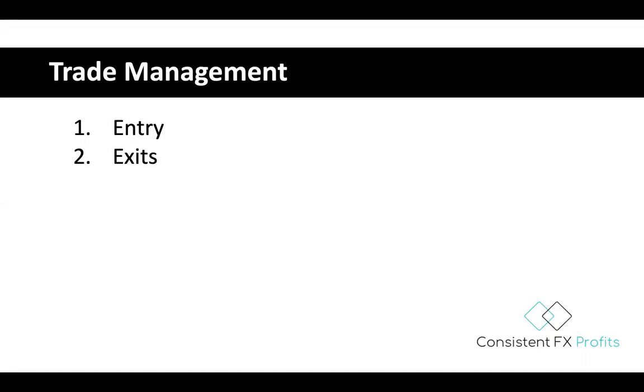My personal recommendation, take it for what it is: always use a stop loss and take profit and then never move them. I'll get into trade management in a moment, but never move your stop loss further. I see a lot of newer traders doing that. And it's like, why did you even use a stop loss to begin with? So